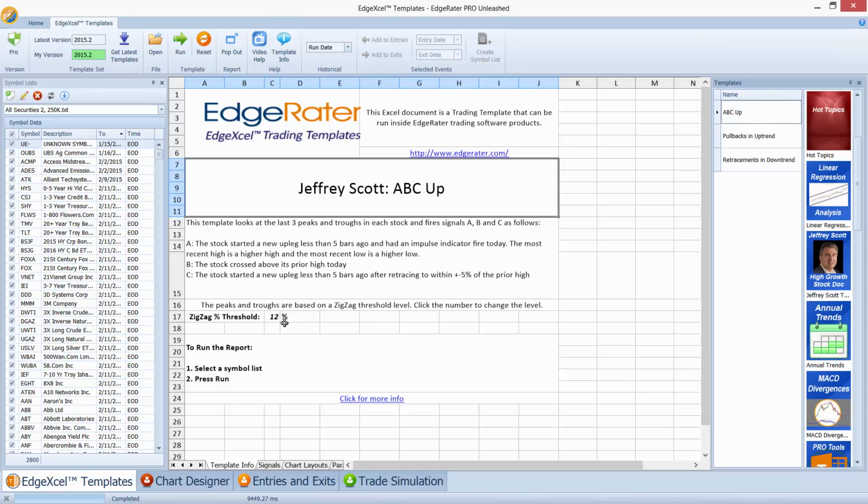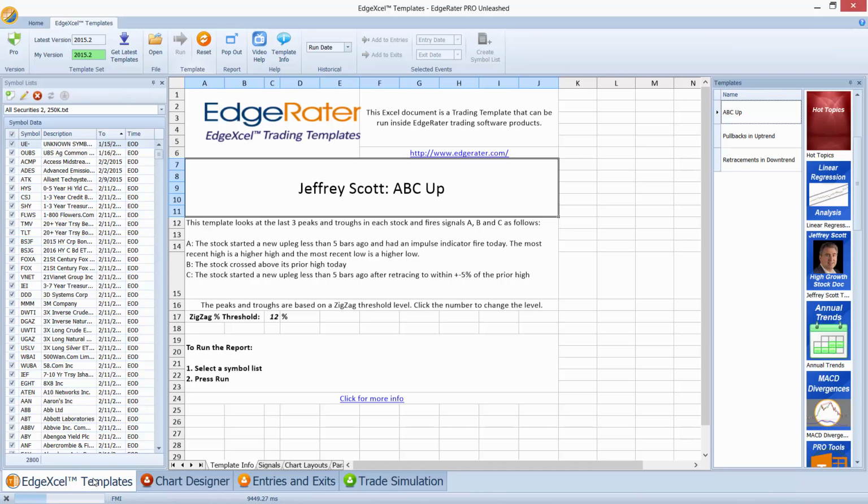There is one setting that you can change for running this template, and that is the zigzag threshold percent. The default is set to 12%, and I'll explain what that means when you change it as we go through the template, and you will see what that means. But all I'm going to do right now is just run this template on a list of securities. I'm using a list of all securities between $2 and up and 250,000 shares average traded number of shares per day. I'm just going to run this template now,